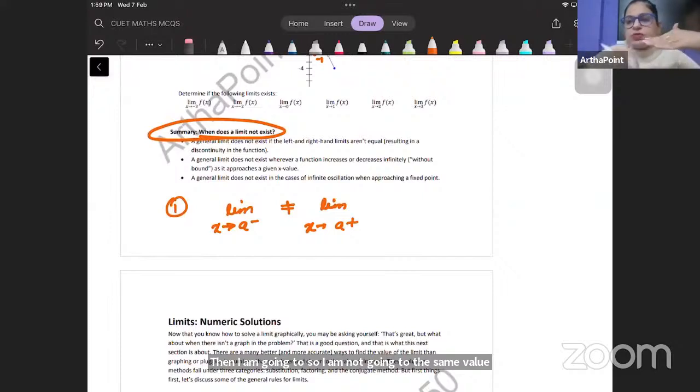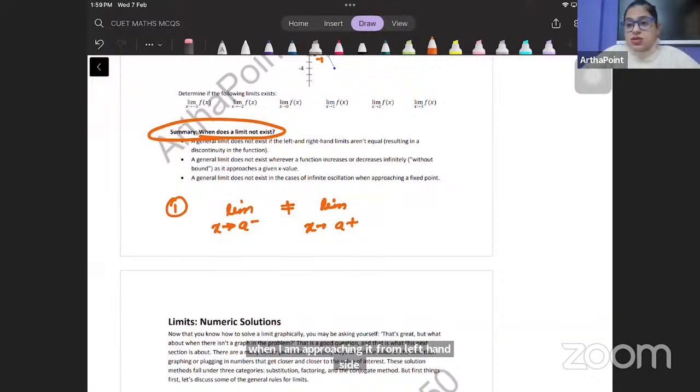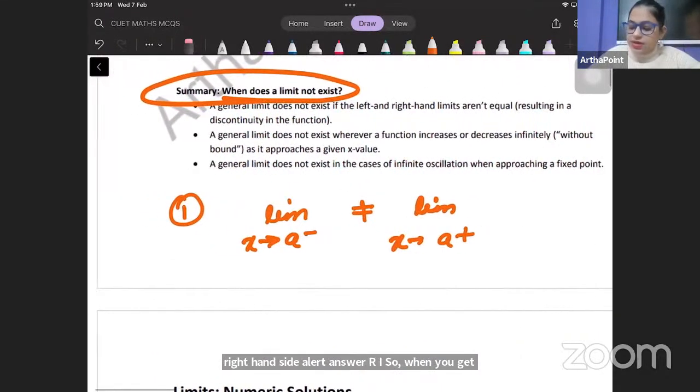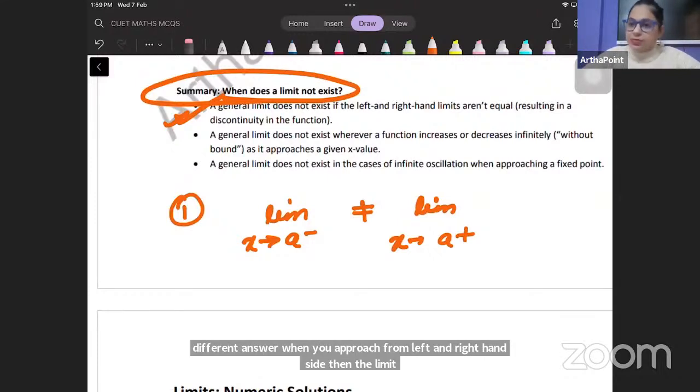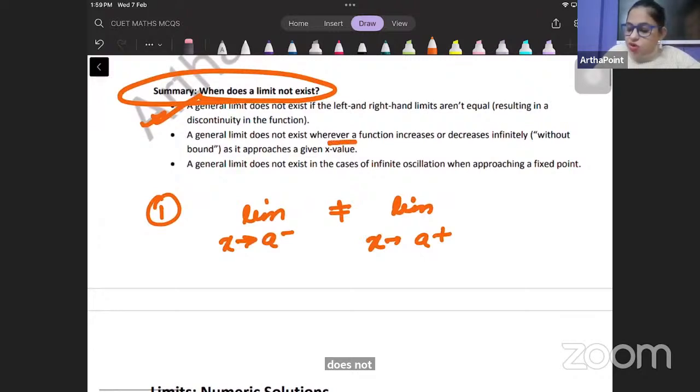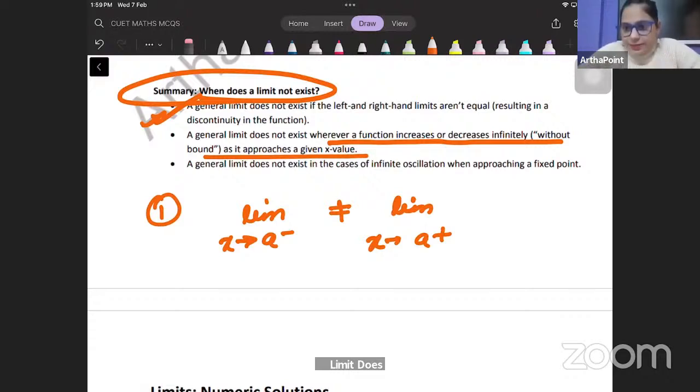When I am approaching it from the right hand side, I get a different answer. So when you get different answers when you approach from the left and right hand side, then the limit does not exist. That is our first point. Second point, a general limit does not exist whenever the function increases or decreases indefinitely or infinitely. Beta, if the function just keeps increasing and there is no bound to the function, like